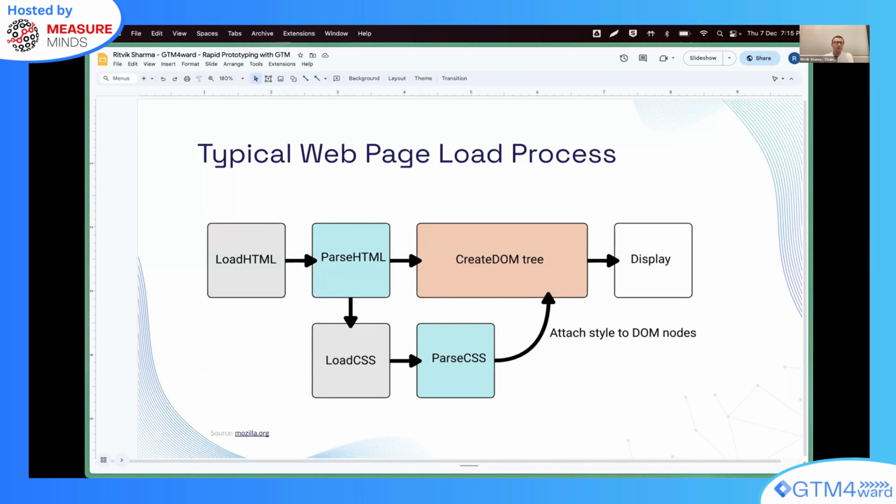To give an overview of how these hacks work, typically you need to also understand the page load process. This is a simplified version of a page load process. Basically, when you request a URL or a page, your request gets sent to a server. When your HTML is downloaded by your browser, the browser parses that HTML.